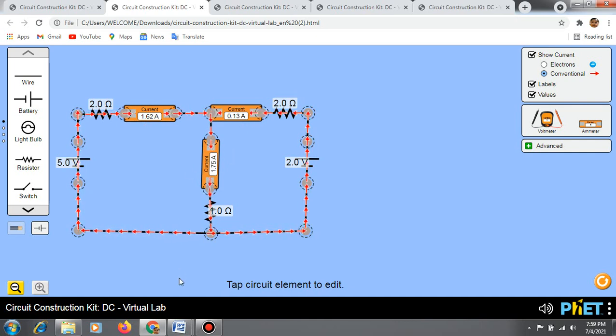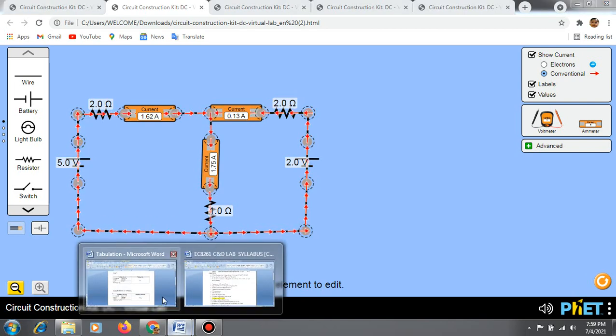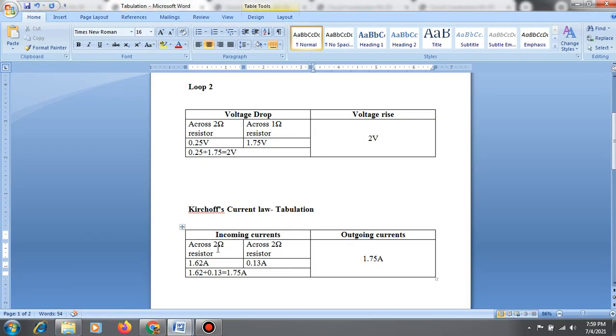You have to tabulate all these readings in your tabulation box. So you can note it as 1.62 plus 0.13 is equal to 1.75 ampere. This is the incoming current, and the outgoing current is equal to 1.75. Thus we have proved our Kirchhoff's current law.